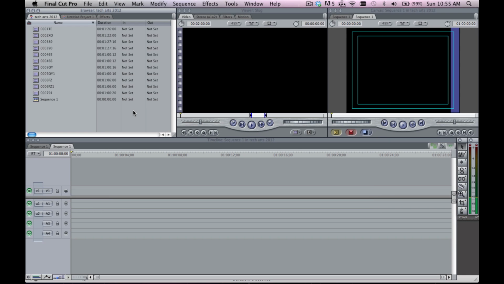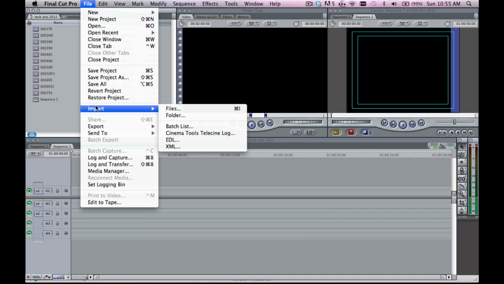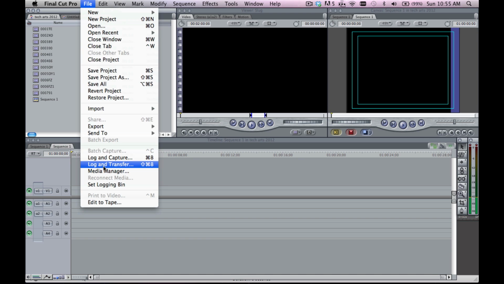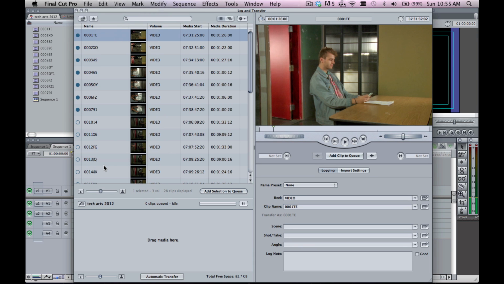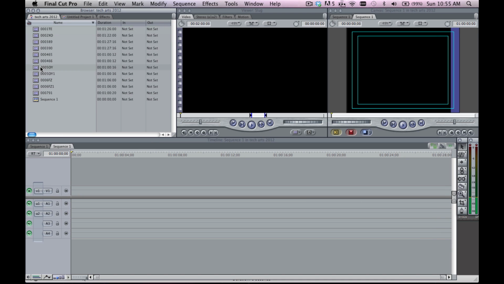This is a tutorial on how to sync and edit dual system footage where your picture and your sound are recorded on separate devices. First thing you need to do is go in and import, log and transfer all of your visual footage from the camera. For instance, if we're shooting using P2 cards, log and transfer, this window will come up, you add selection to queue, and it will turn it all into QuickTimes